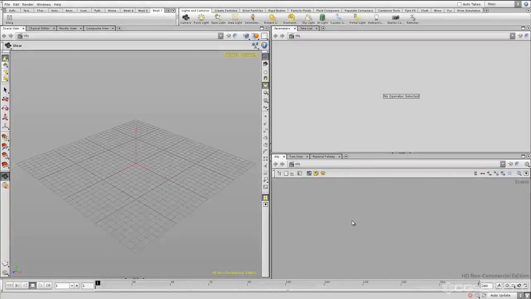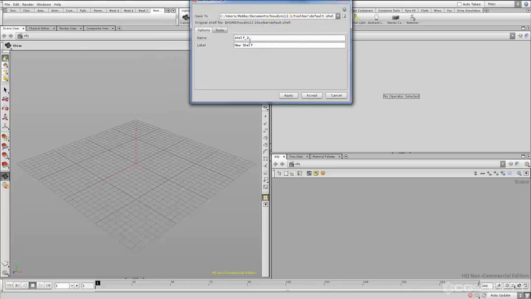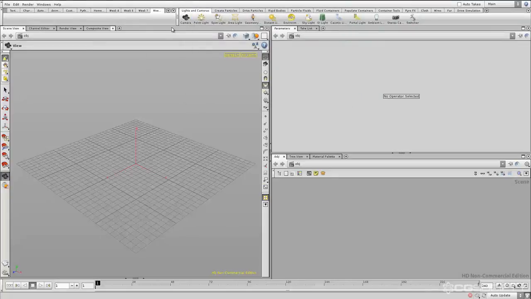In this video, I'd like to go over the logistics of shelf tools. We'll be going over in a little more detail how shelf tools actually work, how shelves work in Houdini. You already know that we can create a new shelf by clicking this little plus button and saying new shelf. If we call this week 8, for example, and hit accept, we can create new shelf tools by